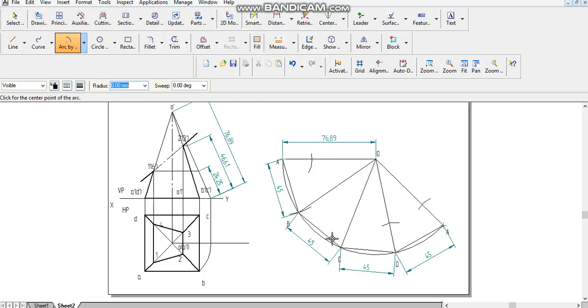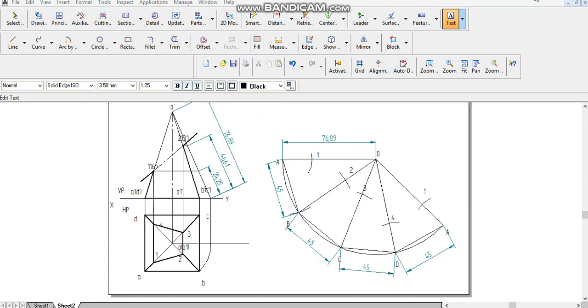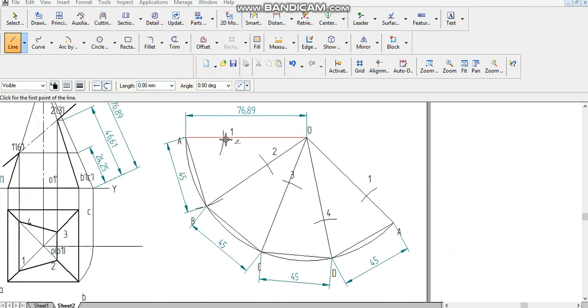Cut an arc. Similarly, the cutting point number 2 and 3 lies at a distance of 46.61 millimeter. You can cut an arc for that length. Again, from the point C, for same distance of 46.61, you can cut one more arc. In the next step, we need to identify this notation here. In the next step, we need to join these cutting point number 1 to 2, 2 to 3, 3 to